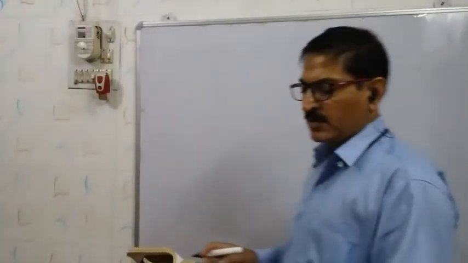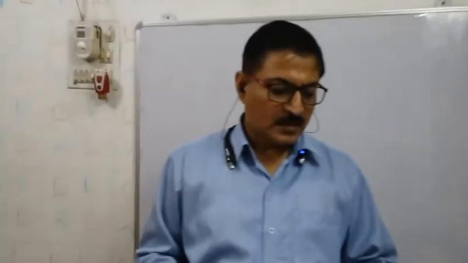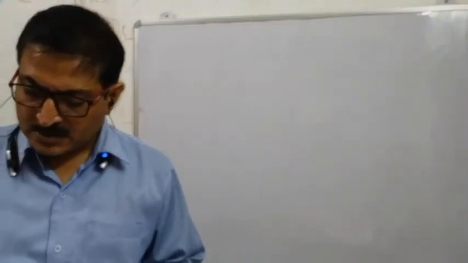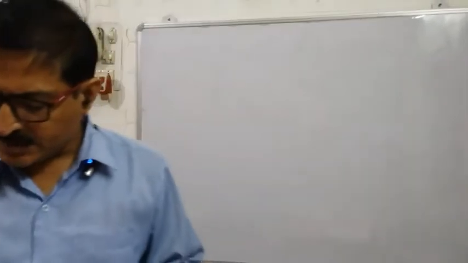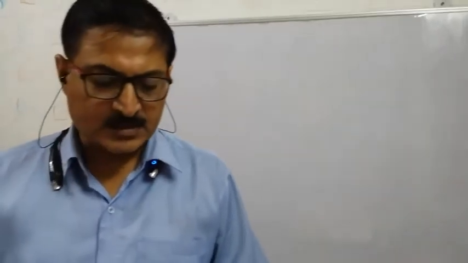Yes, students, today we'll do question number 4 of exercise 14.1, and in that question we have to find the arithmetic mean by the step deviation method. You know that already there are three methods: the direct method, the shortcut method, which is also called the assumed mean method, and the step deviation method. So this question we will do by the step deviation method.